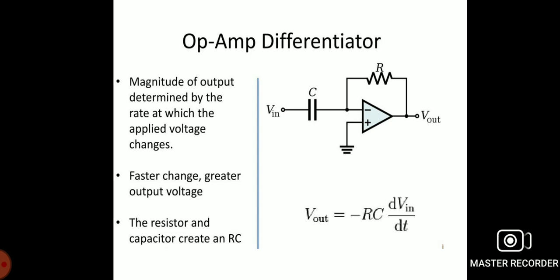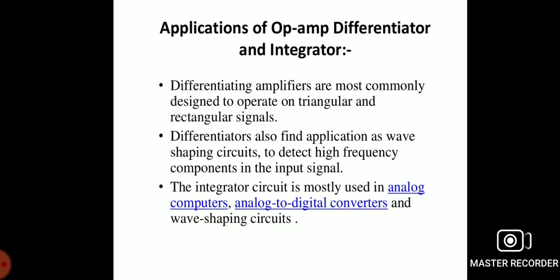In the above circuit, the non-inverting input terminal of the operational amplifier is connected to ground. That means 0 volt is applied to its non-inverting input terminal. According to the virtual short concept, the voltage at the inverting input terminal of the op-amp will be equal to the voltage present at the non-inverting input terminal. So the voltage at the inverting input terminal of the op-amp will be 0 volt. So we can find the nodal equation at the inverting input terminal.